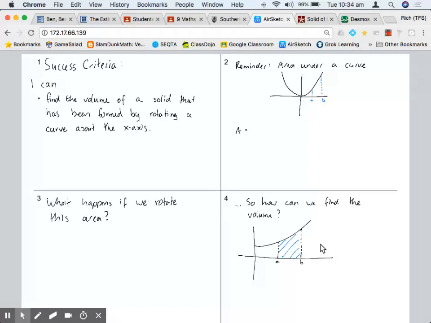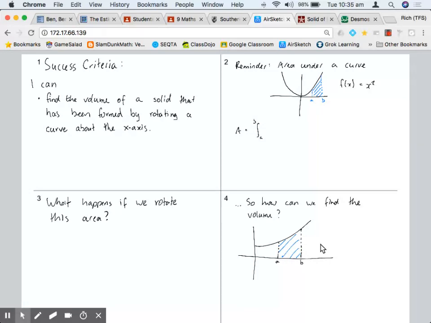If we find the integral between those 2 points, the definite integral, we'll get the area under the curve. And we spent time last term describing that. And so first of all, we need to know the function. And this one is just meant to be f of x equals x squared. I haven't quite hit the 0 there in the middle, but you get the idea. And so the integral becomes